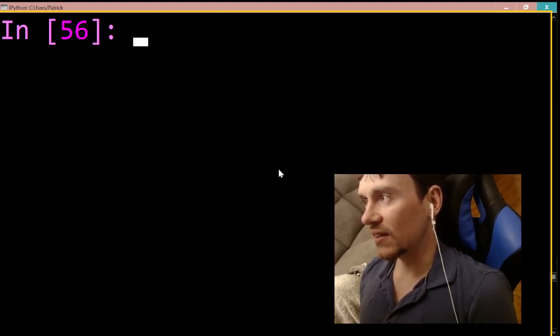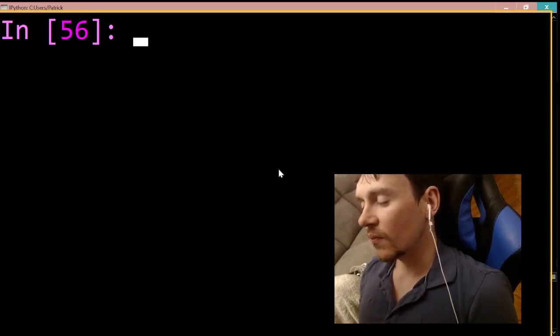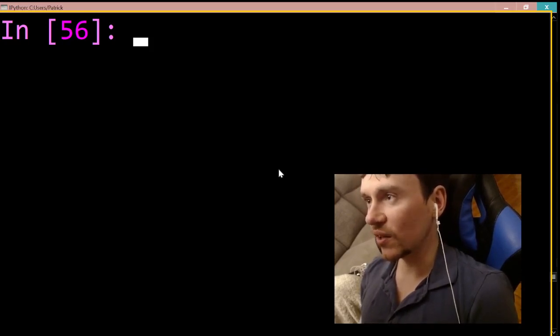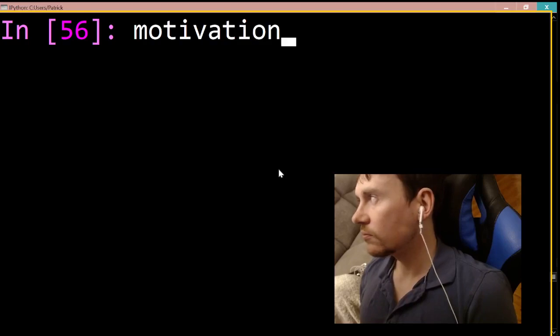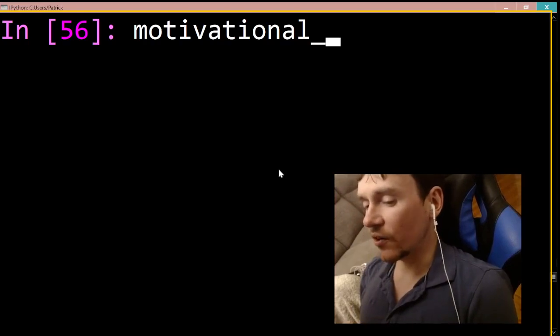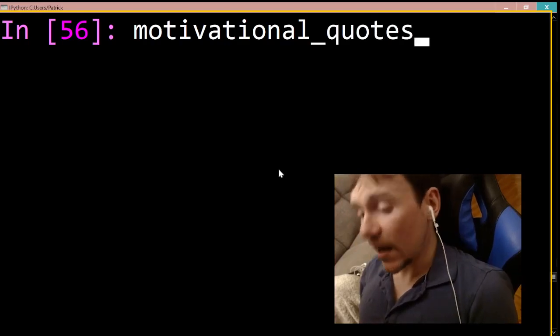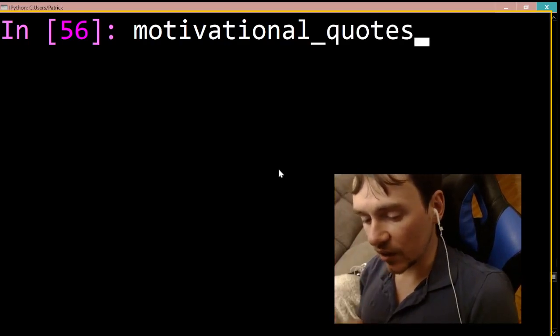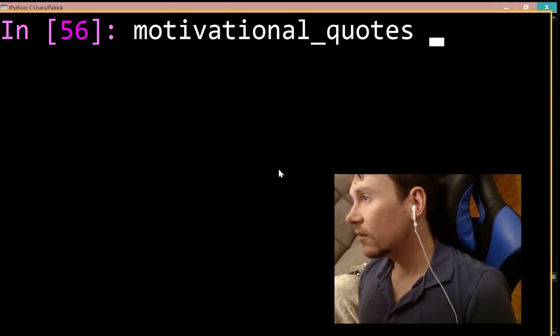I cleared, which I didn't necessarily need to do, but let's type. I'm going to make the variable name motivational_quotes, which I know is a long variable name, but there's nothing wrong with a long variable name. It's going to be motivational underscore quotes. If you want to have a space in your variable name, then you want to use an underscore. A space is not going to work. You can't have a space in your variable name, but you can have an underscore. Motivational quotes equals